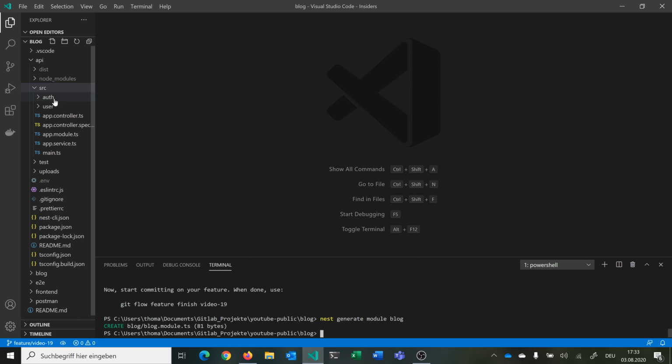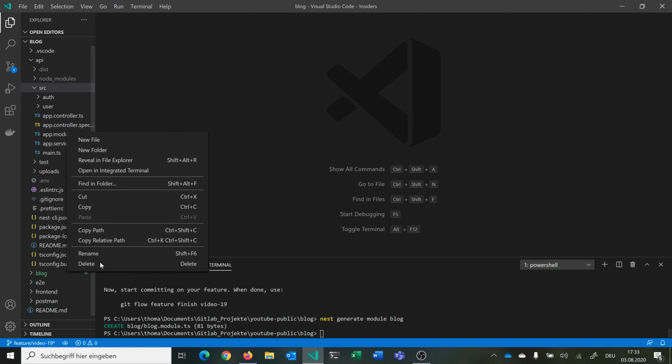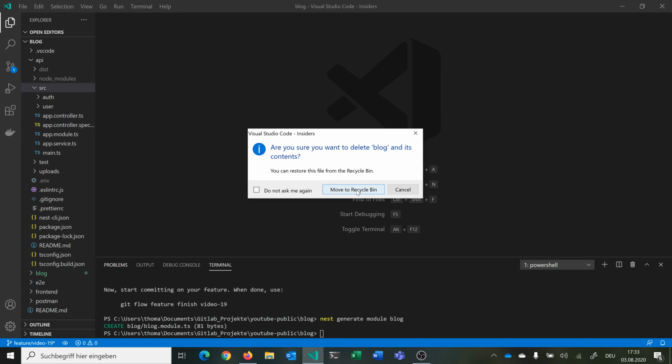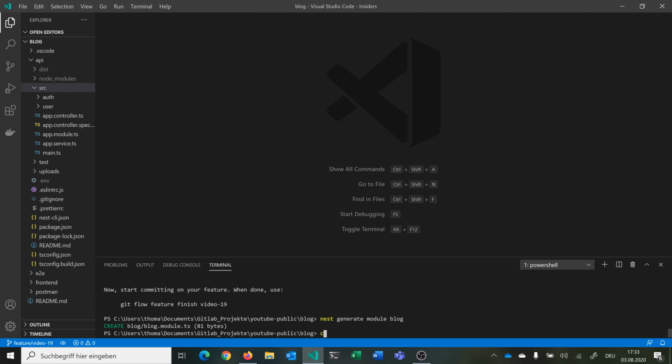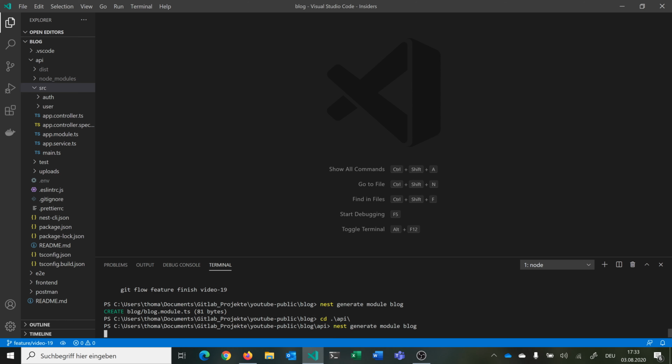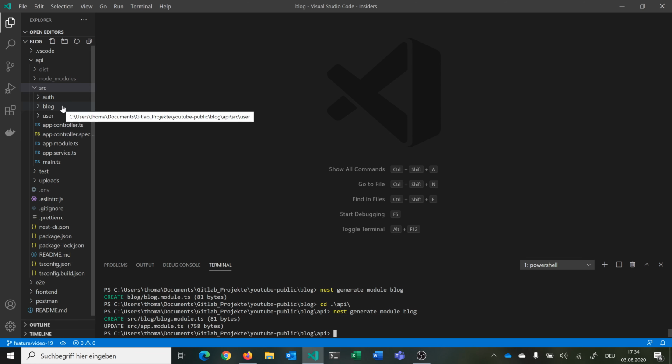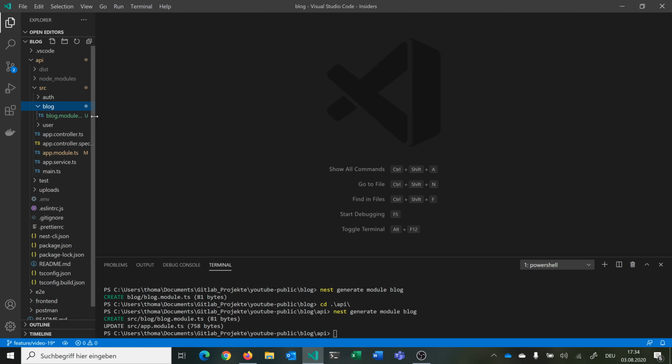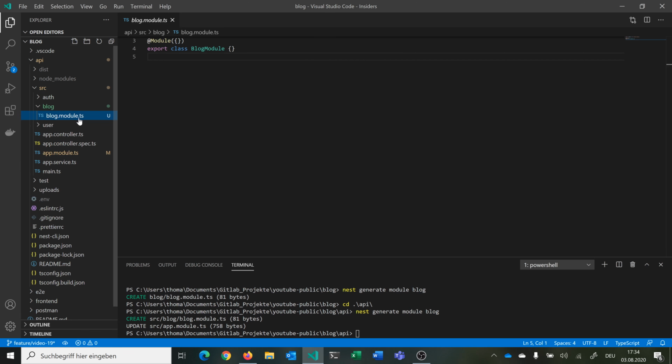And then you will see that I generated it in the wrong folder. So we delete this and we go into our API folder, and then we run the same command again. So we do it now in our backend folder here, and it should appear here beneath user or above it. So you see now here we have our blog module,